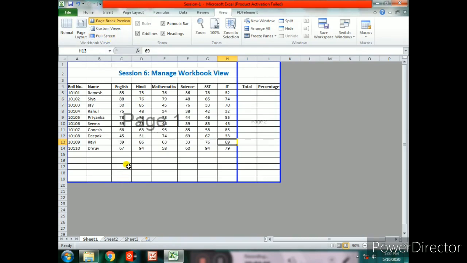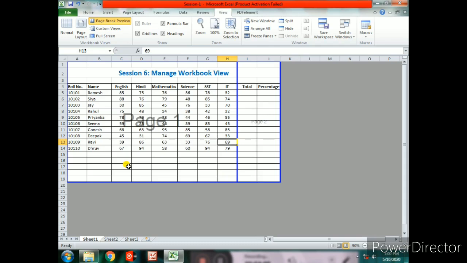Next one we have is custom views. Excel also allows you to customize different display settings such as cell selections, filter settings, etc., and print settings such as page setting, margin, etc., as per the requirement for a worksheet. You can also include a specific print area in a custom view. Now let me see how we can create a custom view.